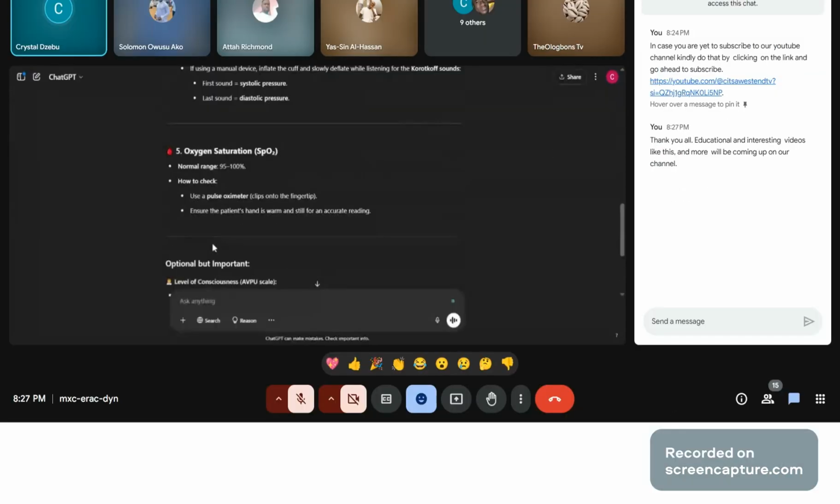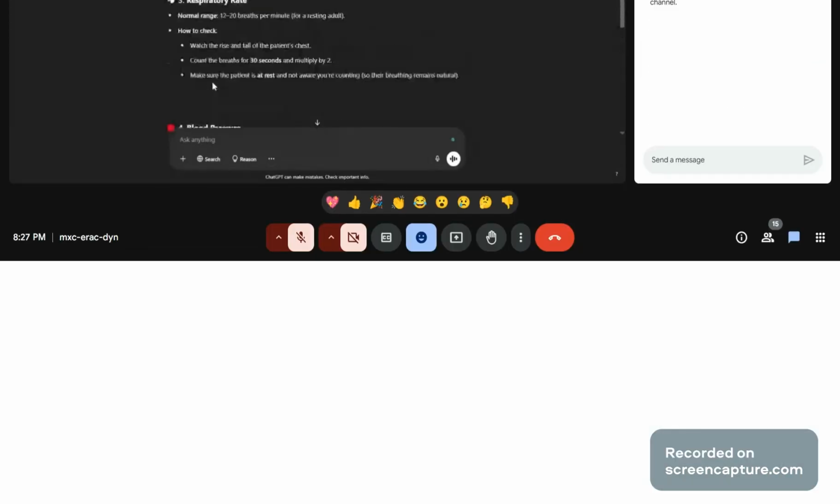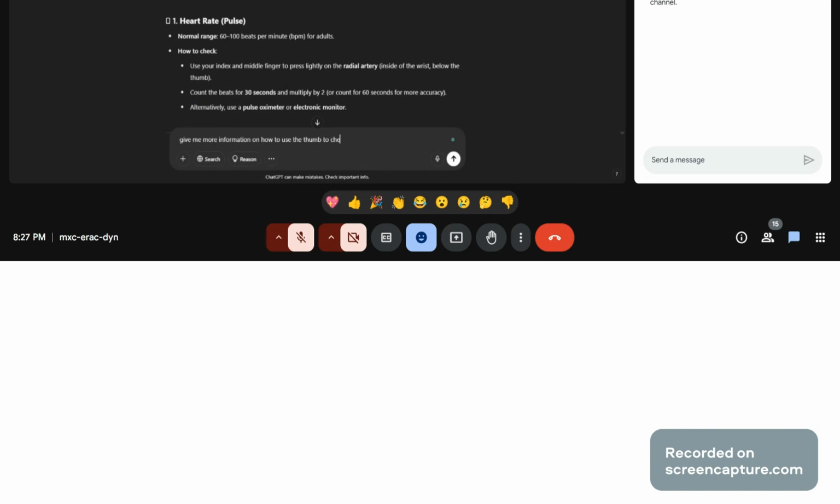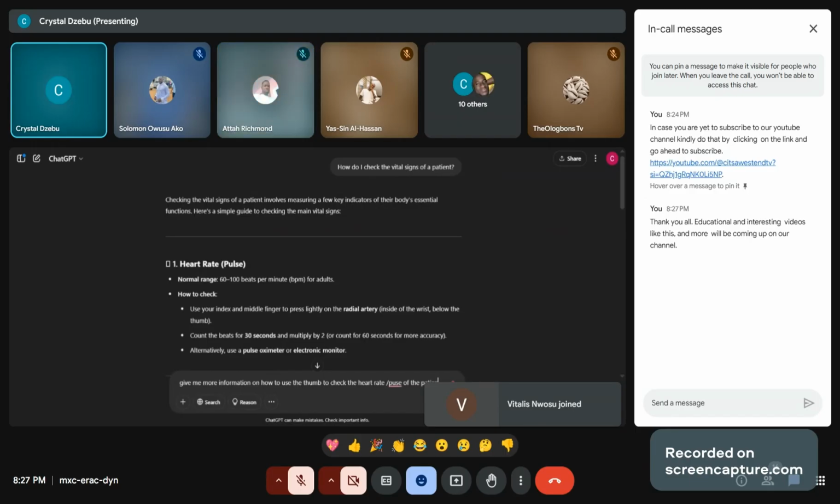So maybe I want more details about how to check the heart rate of the patient. So I can now go ahead and ask it to give me more information on how to use the thumb to check the heart rate or pulse of the patient.